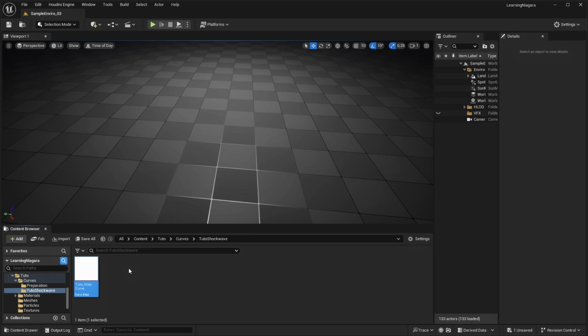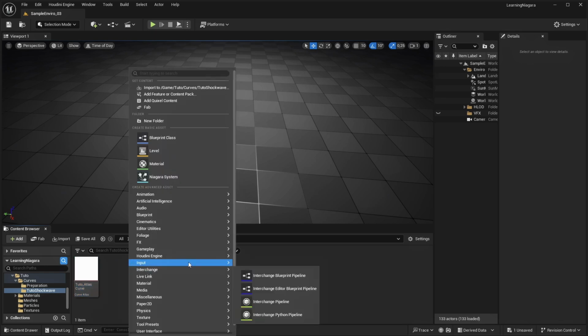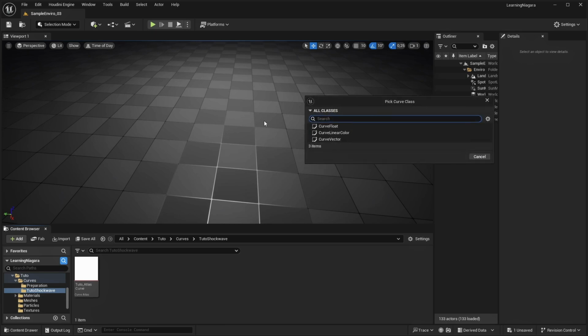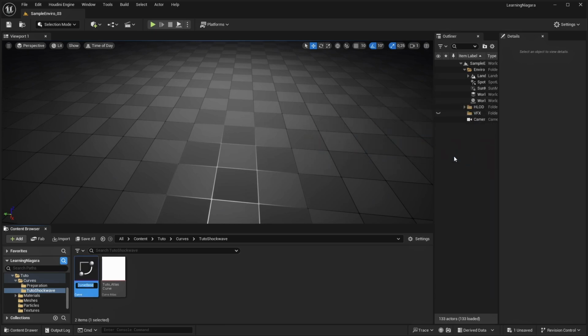With that, we need to create two curves, so we can select curve and choose linear color. The first one will be renamed Tuto underscore alpha curve. You can duplicate it by pressing Ctrl D and rename it Tuto color curve.